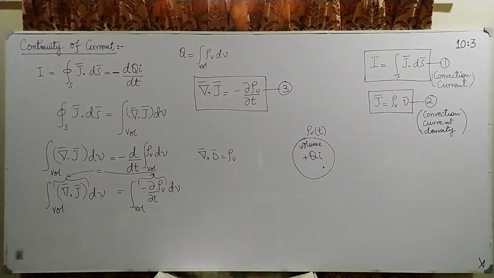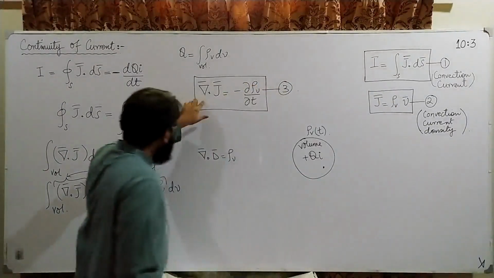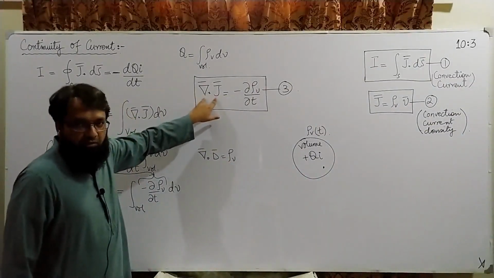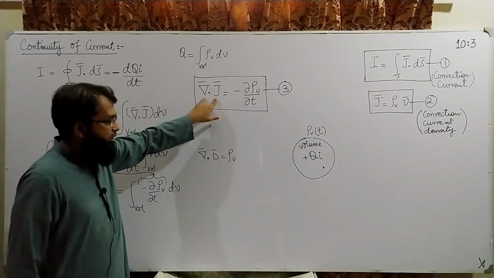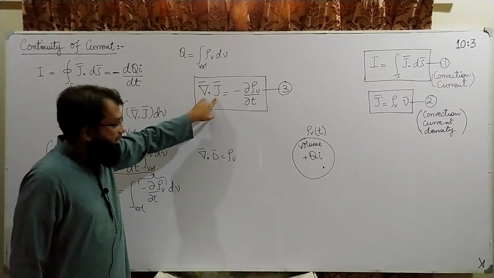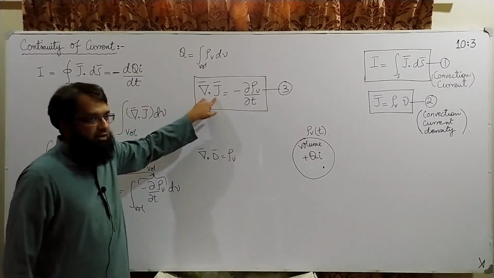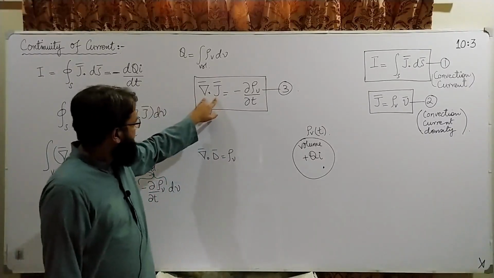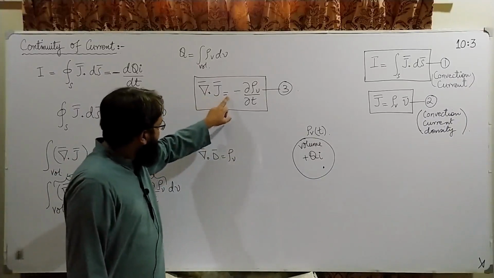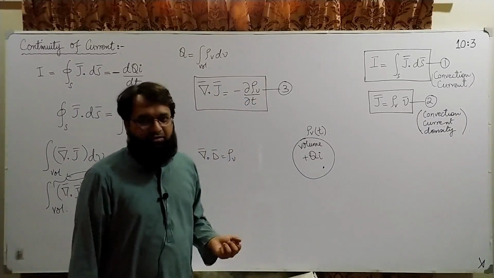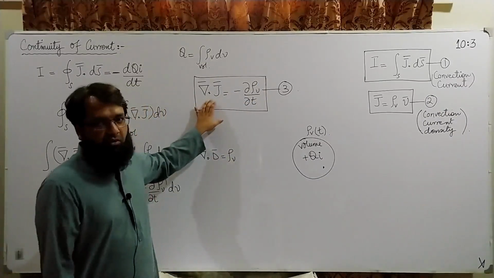So with this, let's say if this divergence comes out to be zero, it means that that point is not originating any movement of charge, or current, then there is no rate of change of charges at that particular point. So that point is neither a source nor a sink.